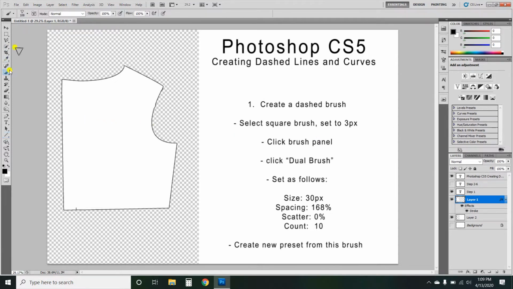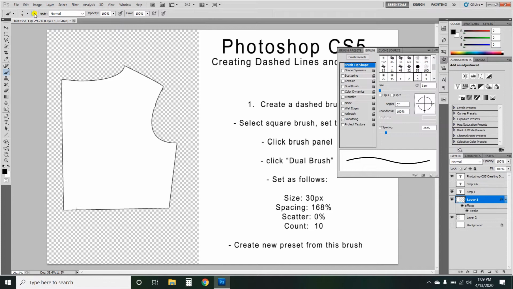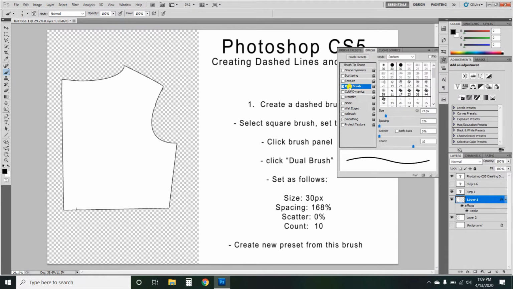So go to your brushes, click on any square brush. I always choose the 3 pixels. And then you're going to go into this little paintbrush in a cup icon. I guess it's called the brush panel. Anyways, you're going to go to dual brush and you're going to want to make the size 30 pixels,